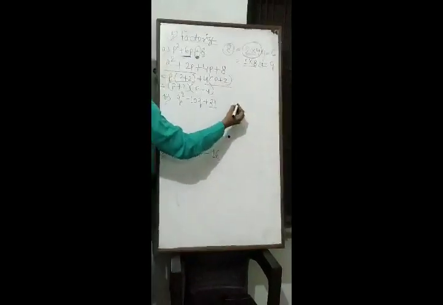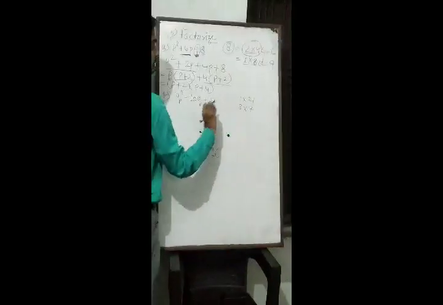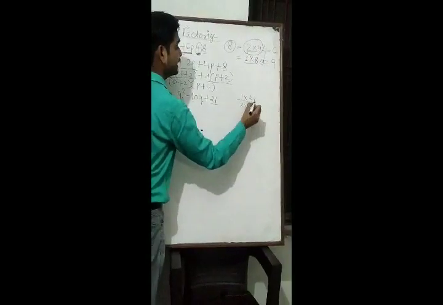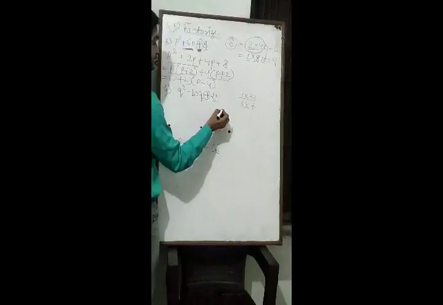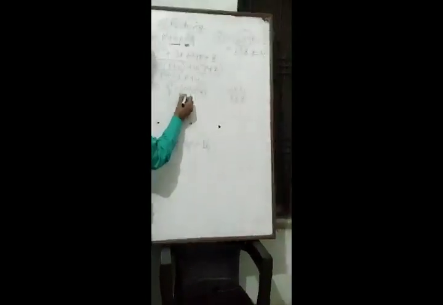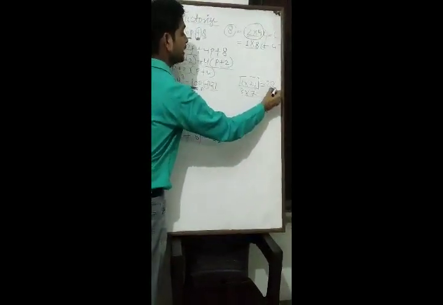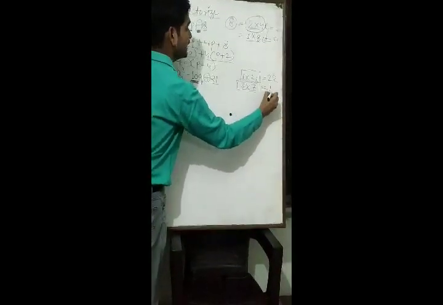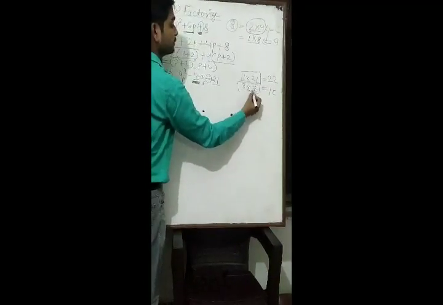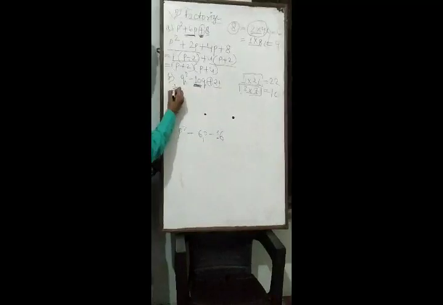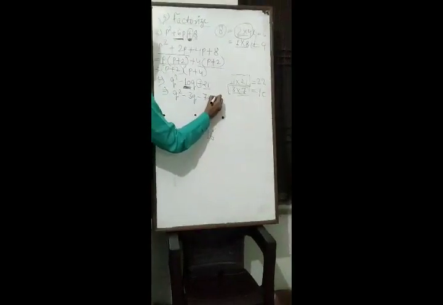Similarly, let's see again this part. 21 is here. 21 will be coming in 1's table, 3's table. Okay, 3 7s are 21 and 1 21s are 21. So pick the sign here. What is sign? Plus sign. That means we have to take 10 here. That means if we do 1 plus 21, students, then 22 will come, and if we do 3 plus 7, then 10 will come. So we will take 3 plus 7 here because 3 plus 7 is equal to 10. So we can write this value like q square minus 3q minus 7q plus 21.